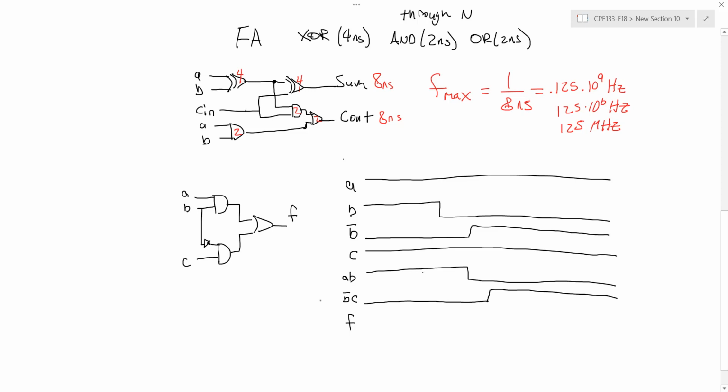Now the output F is the OR of those two ANDs. And so the output is high. But after AB goes low, I see that it's actually going to drop low as well before the B naught C gate changes its state. And then the output F again goes high. This is an example of a glitch,